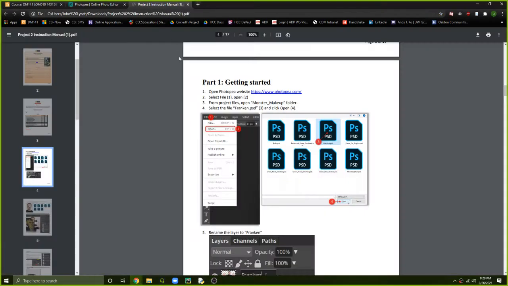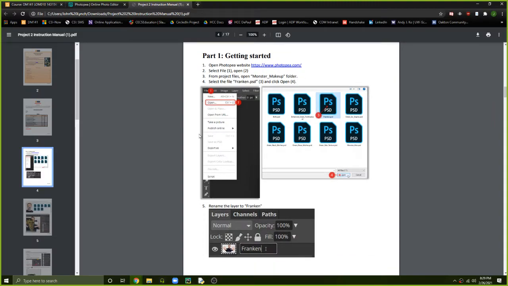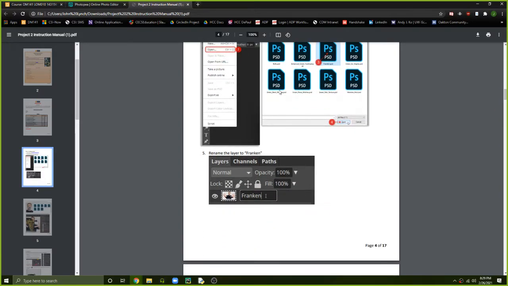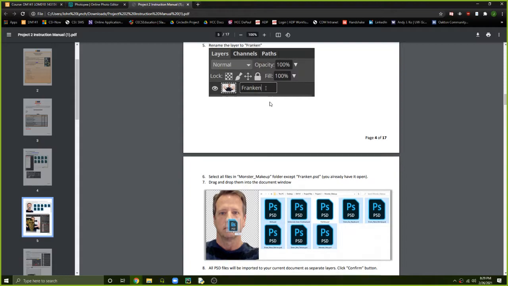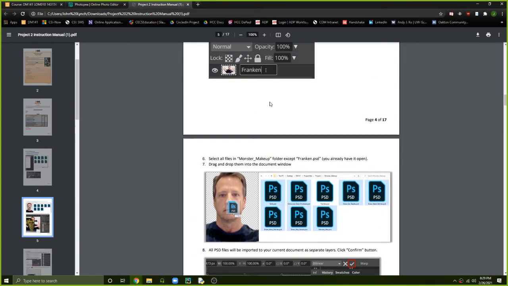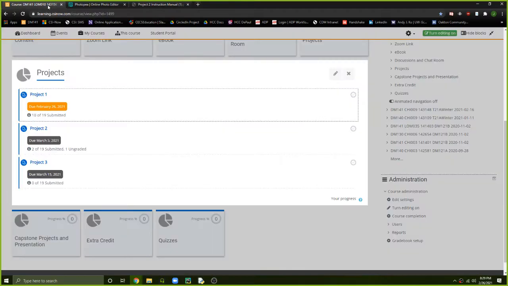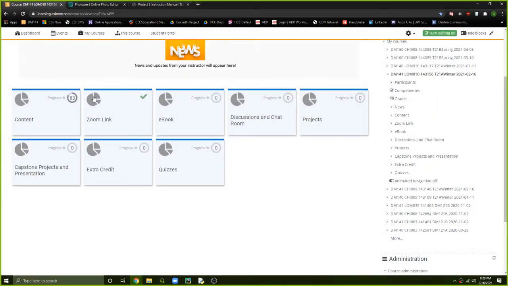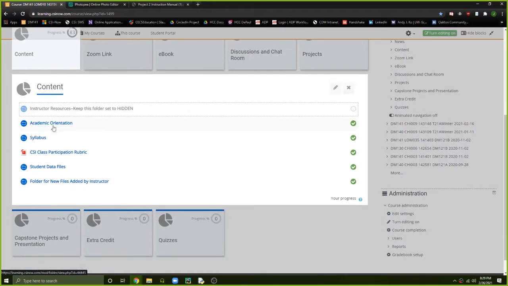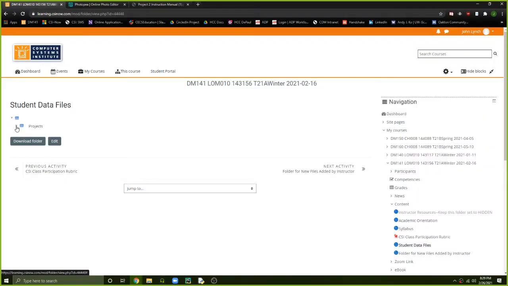The guide is pretty straightforward with opening up the items that you would like. But the main one that we're going to be working with is this monster makeup one. And the reason we're working with it is because we want to make sure that we have all the layers in at once. So to get started with this, you can simply go into your content folder, student data files,